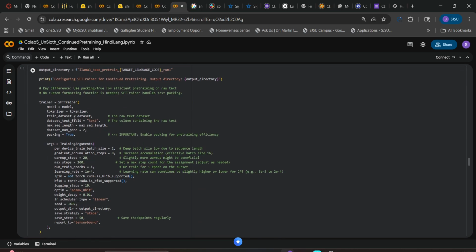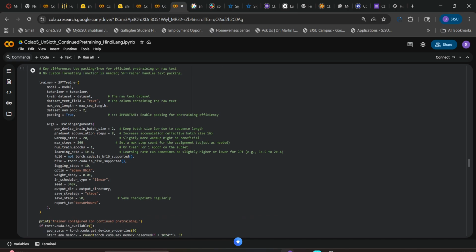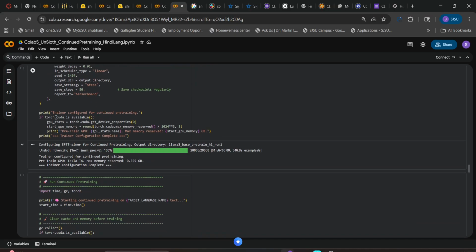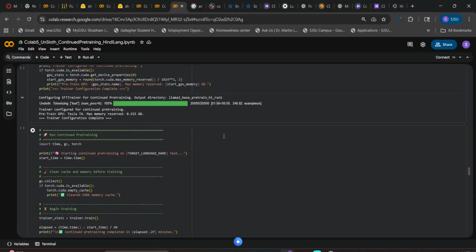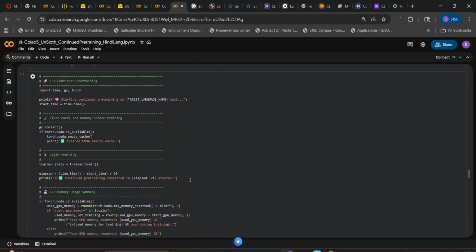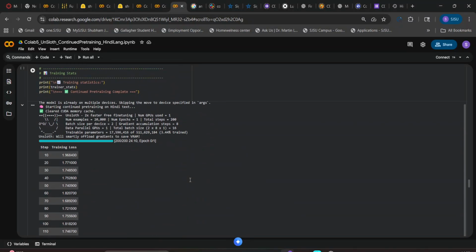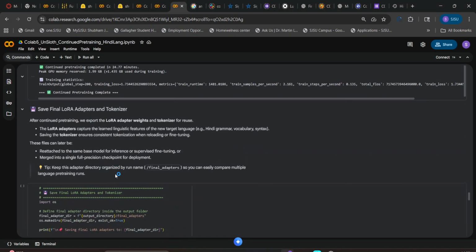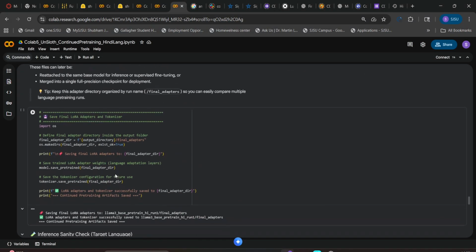Here I am setting the SFT trainer arguments, the training arguments. They assign the dataset and packing true. Yeah, this will perform the continued pre-training, and these are the steps we can see. And after that we'll save it,